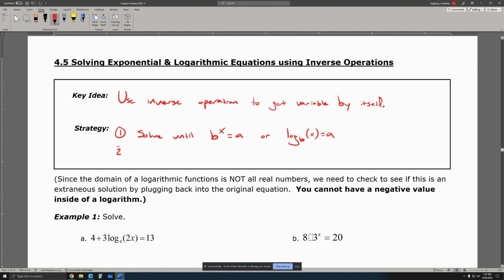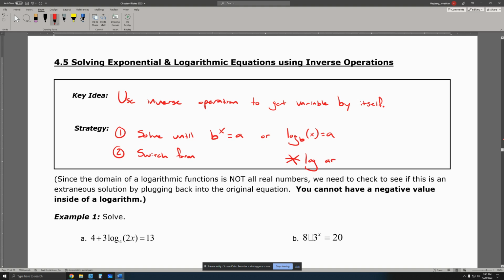Step two, once we have these by themselves in those forms, we're going to switch the form. So if it's a logarithm, switch it to exponential form. If it is an exponential, switch it to logarithm form. One quick note is that if you have a log,